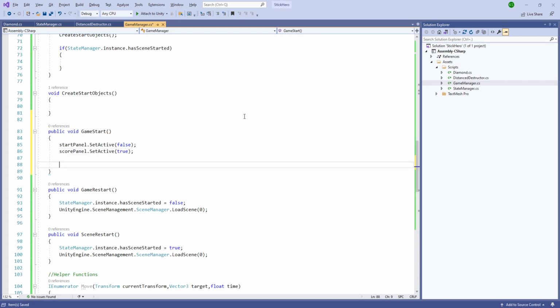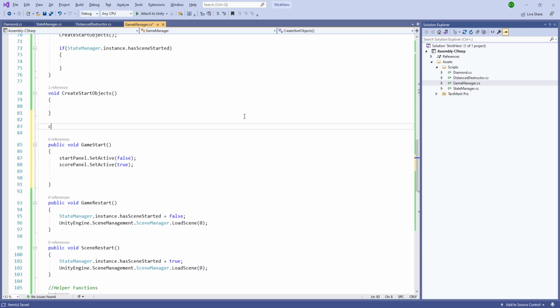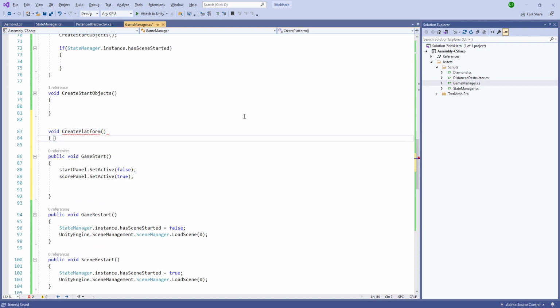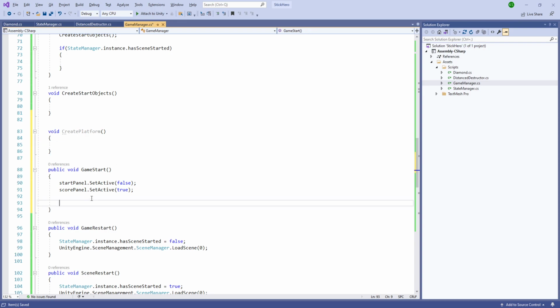And then we'll create a platform. So it's going to be a void, let's create a platform,